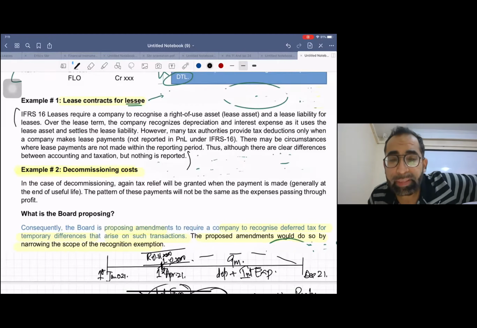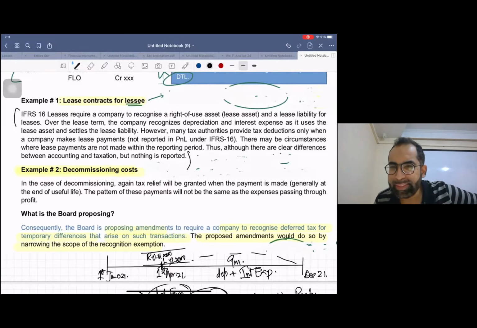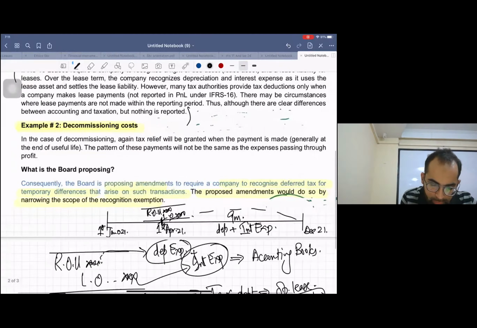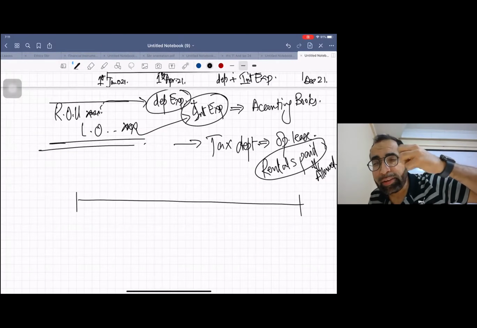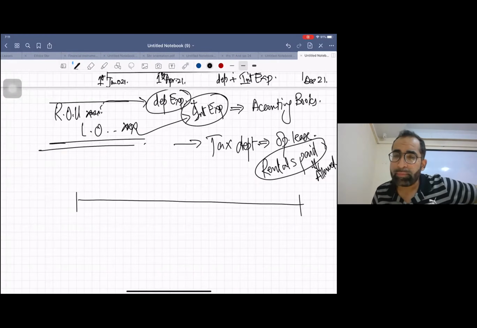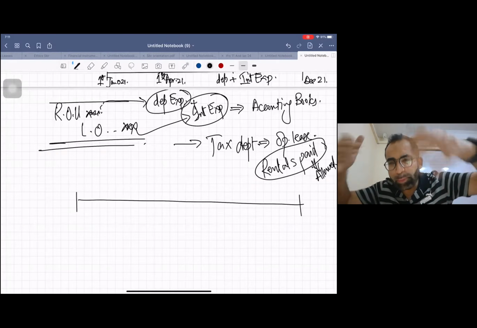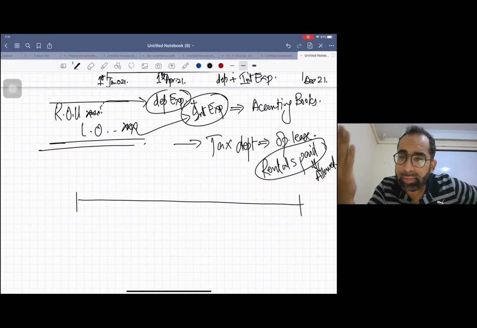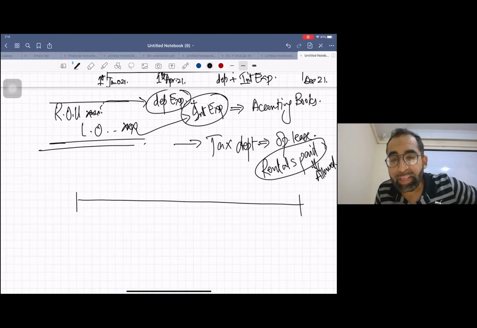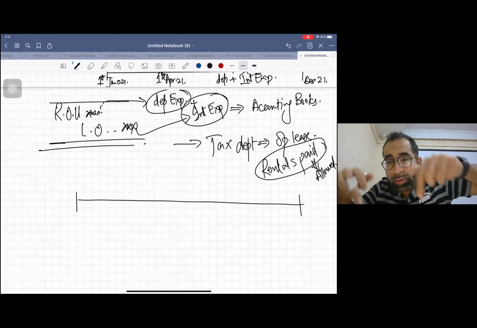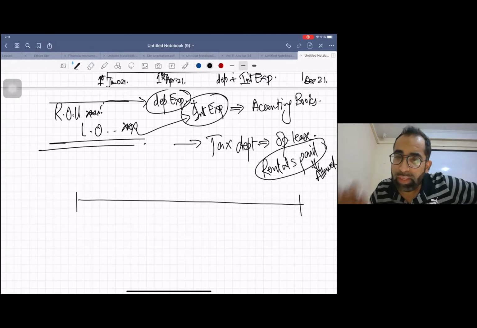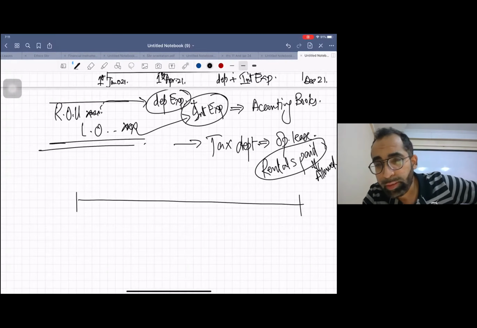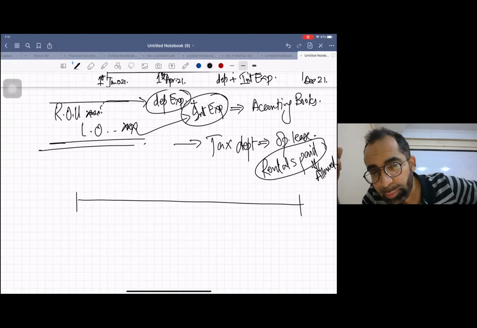Now, the second example is decommissioning cost. Let me recall this topic. Hope you remember what decommissioning cost or compulsory disposal cost is. Sometimes when you buy mining rights from somebody and you go to dig that mine, government authorities come and give you a piece of paper to sign. What is written in that paper? That whoever does the digging, whoever does the mining, will have to landscape at the end of year 5. So there is an obligation right from day one for that compulsory disposal cost.